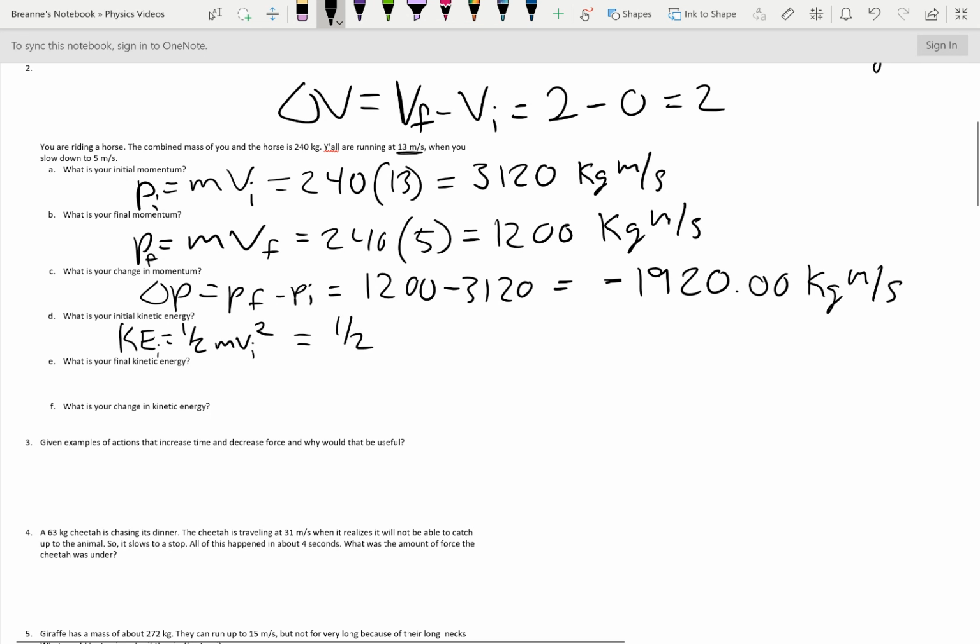So 1/2 m would be 240 times your initial velocity, which is 13 squared. You plug that into your calculator: 1/2 times 240 times 13 squared, and you get